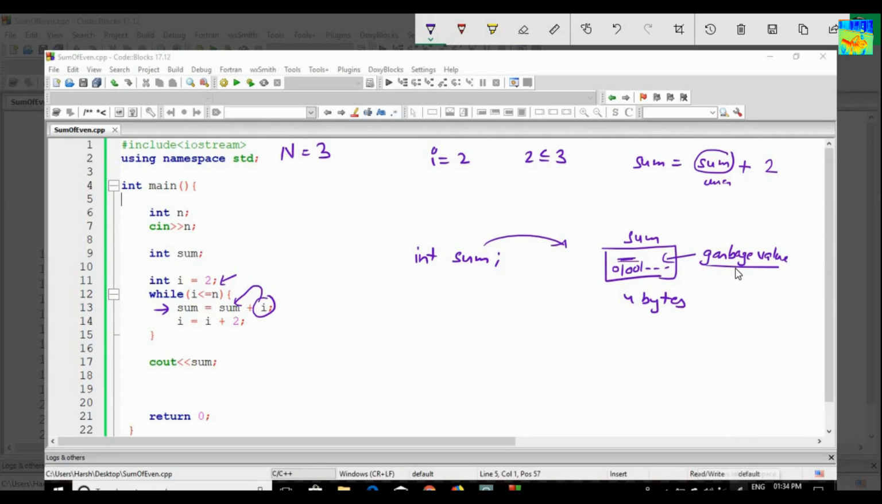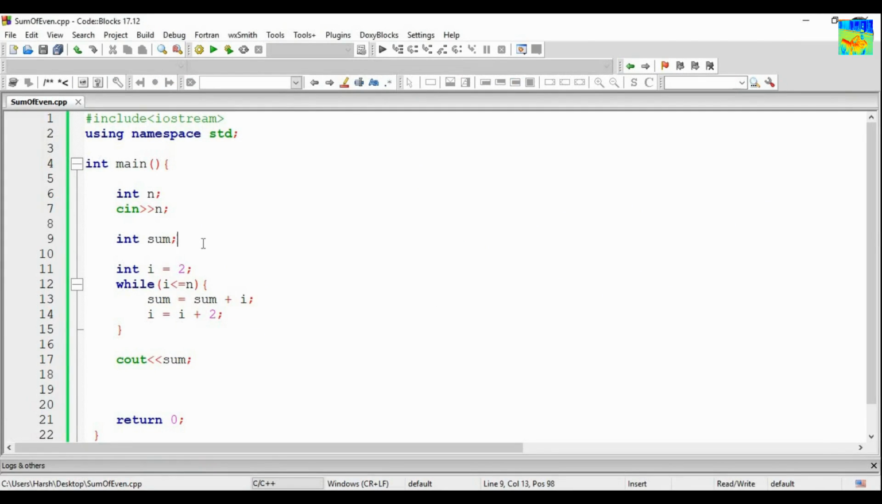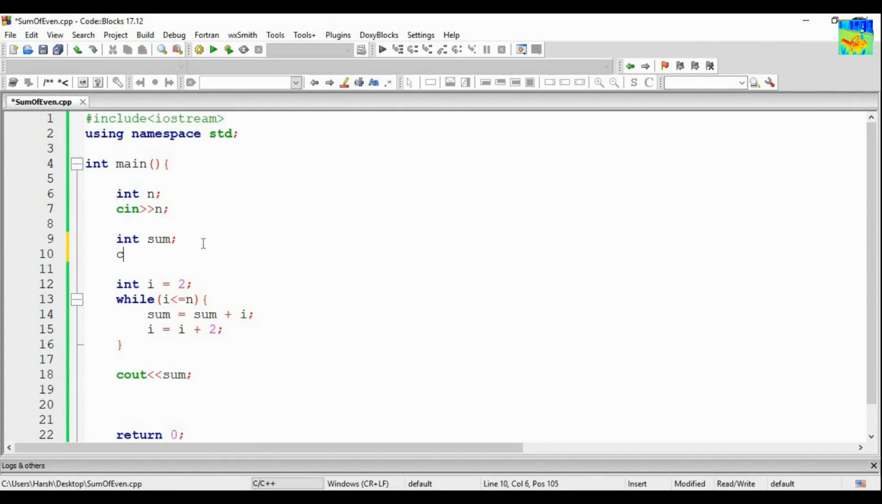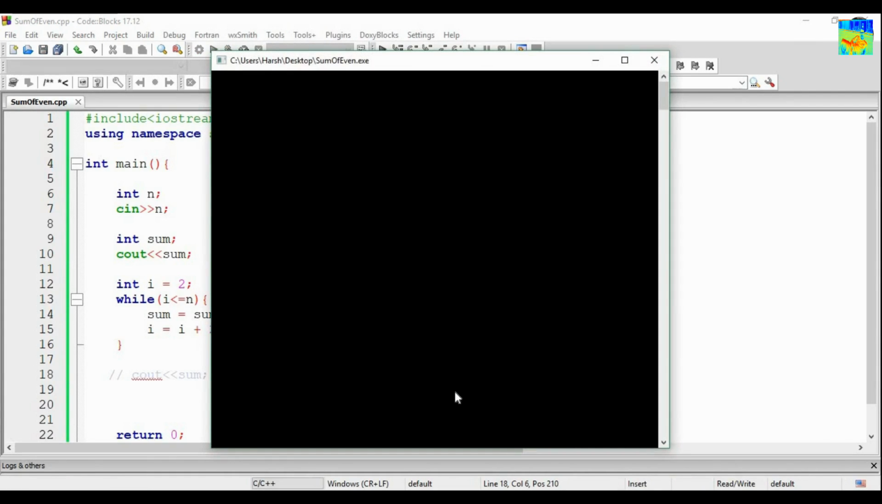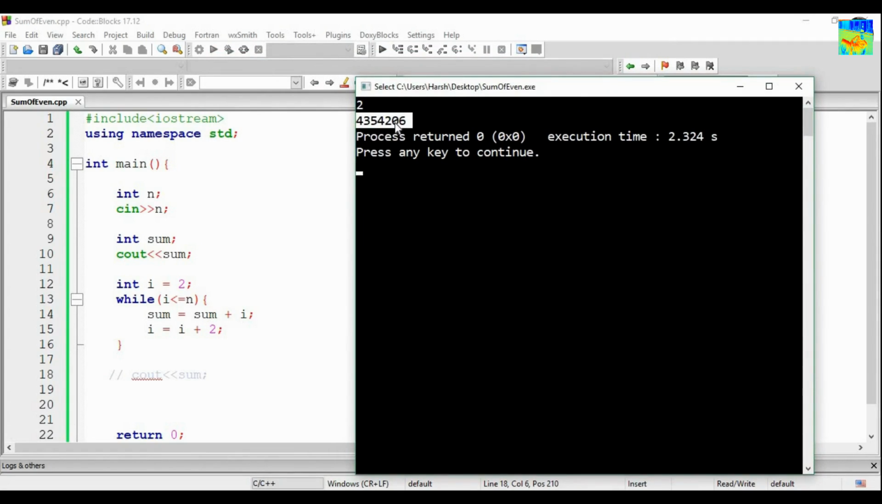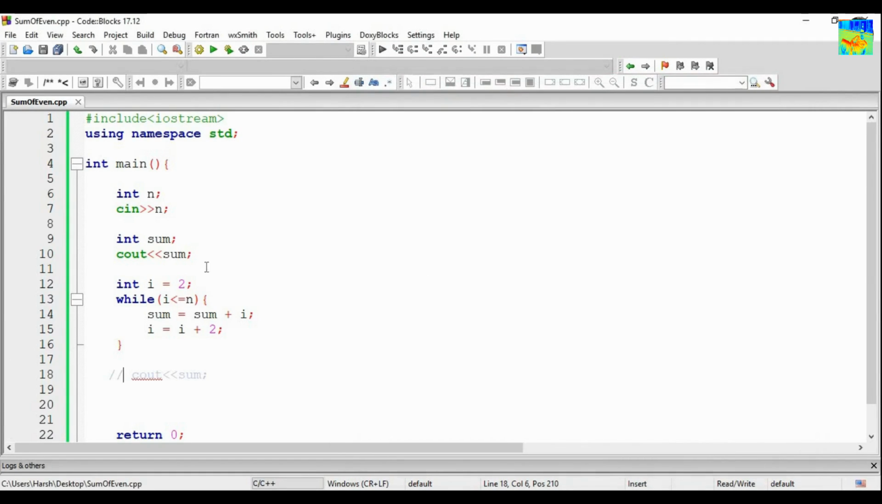So my sum variable is containing garbage value, and it should have contained 0. Let me show you. Here I am printing the value of sum. Let's say the value of n is 2. So this is the value of sum. My sum is containing some random number, and this number is called garbage because it is of no use to us. So what we should do,